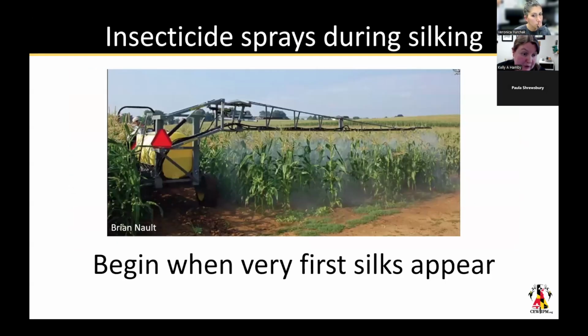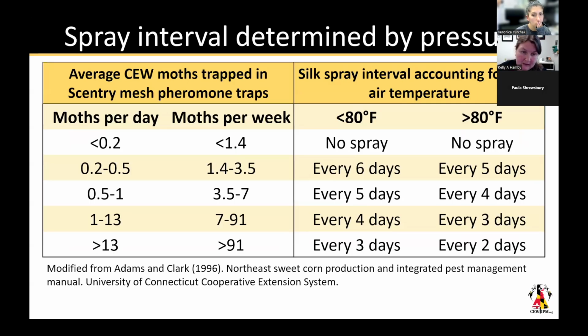So we recommend that you start your silk spray program for corn earworm when the very first silks appear. We also have some really great thresholds that were based on work from Galen, Dyer, and others in this region. This is modified from the Northeast Sweet Corn Production Guide that was published in 1996. And some of the things that I want to highlight with this threshold